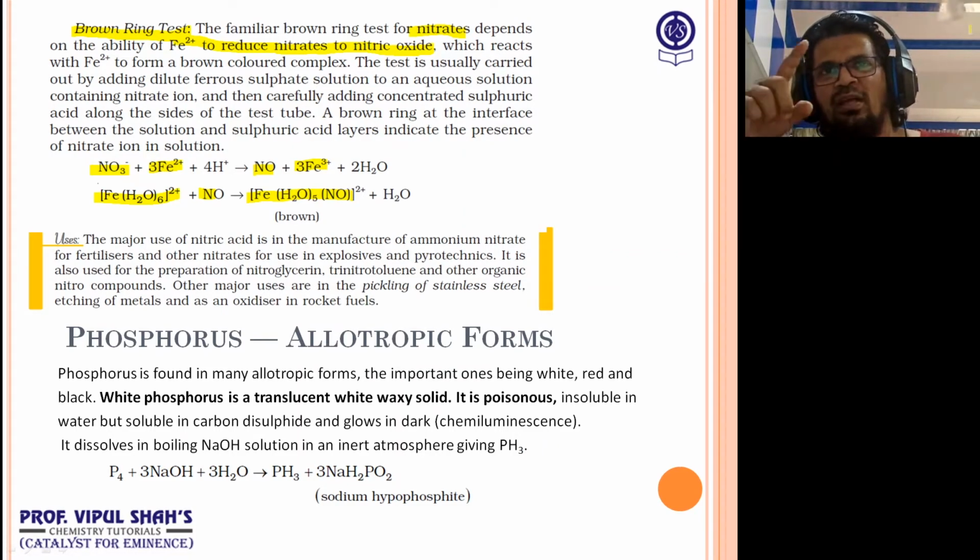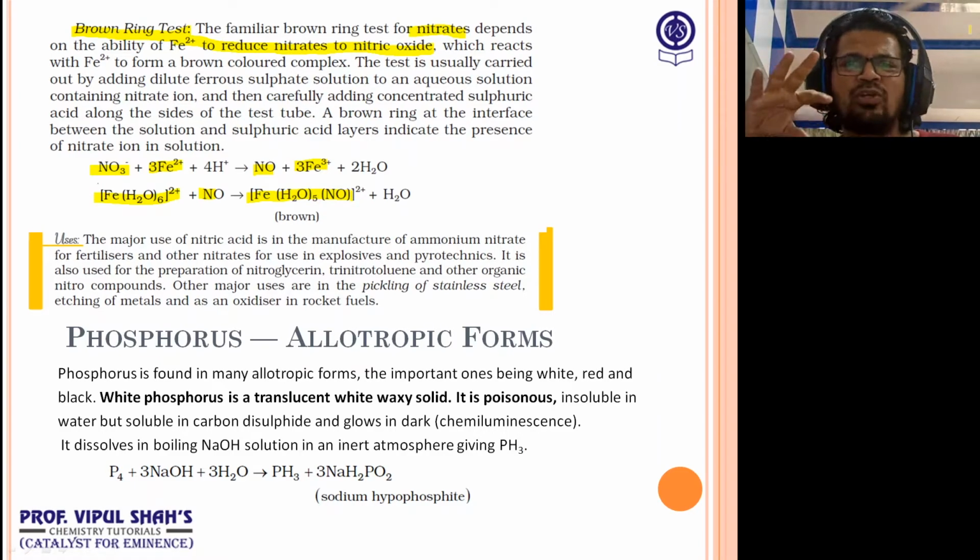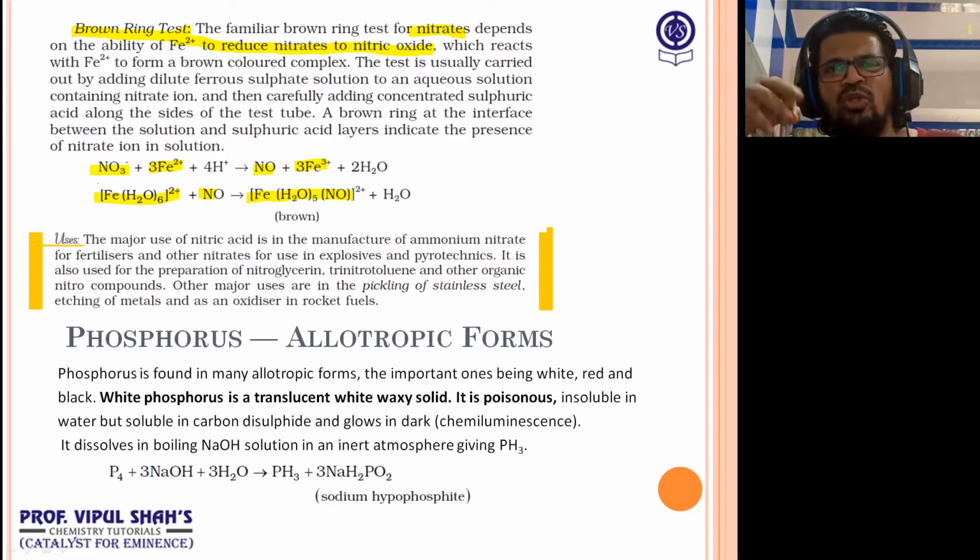How? Water is a neutral ligand, so no charge on water. NO is in the form of NO+. Why plus? Nitrogen and oxygen, who's more electronegative? Oxygen. So oxygen's oxidation state is -2. Nitrogen we know has 5 electrons, but out of the 5, 8 minus 5, 3 are unpaired. So 2 bonds are formed, and 1 electron is extra with nitrogen. It loses that electron. That's why it becomes NO+. Is that clear?